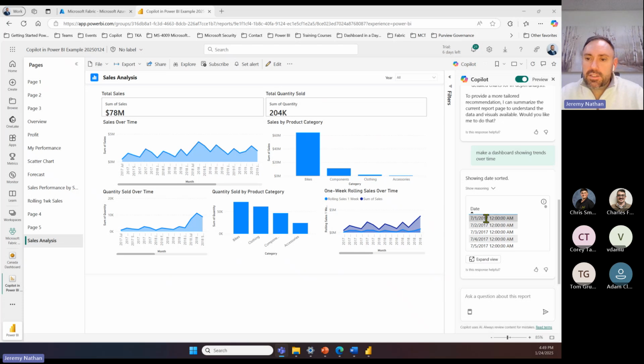You see here it's showing all the dates. So you could get all kinds of insights on your data. I can ask that on the far right: What are the insights from this report